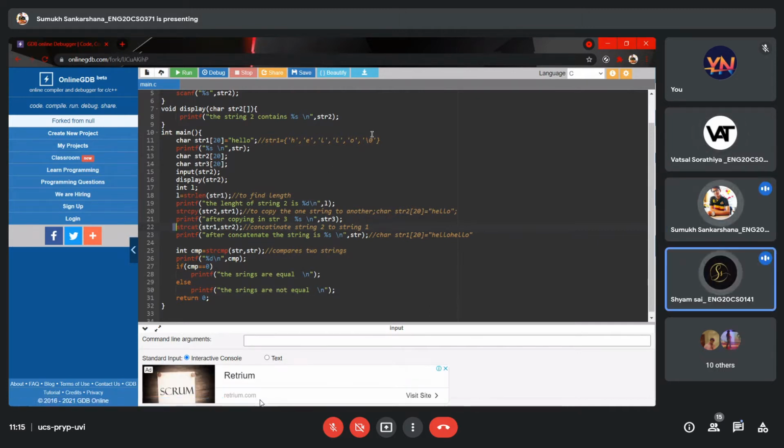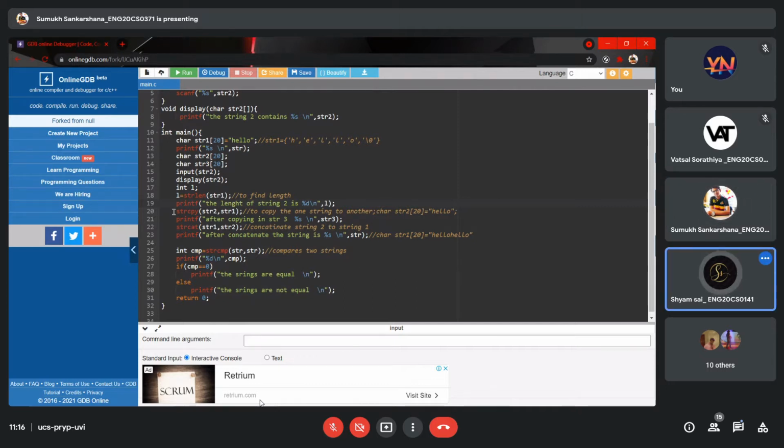From where we are taking the string to string 3, where you're copying that all again. Can you teach again? You understood string length, right? From the 18th line. It's okay. Shamsai, can you speak with me, have a conversation?